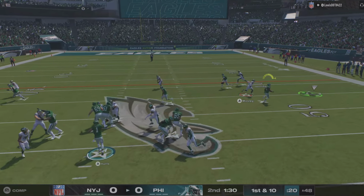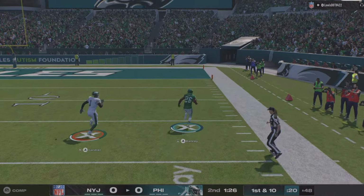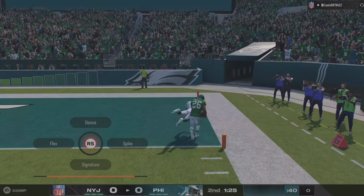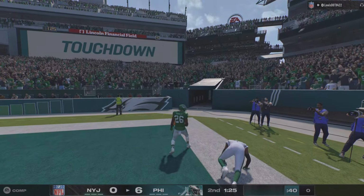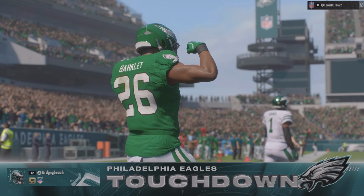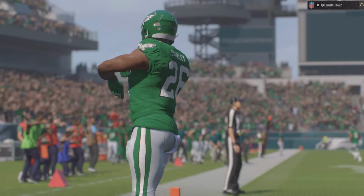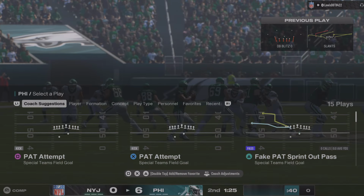Now a shotgun snap as they'll look to throw. That's complete. He's got Barkley out of the backfield. Down the sideline he goes. Touchdown, Philadelphia. Saquon Barkley, 48 yards. And the Eagles post the first points of the ball game as they take the lead here in this second